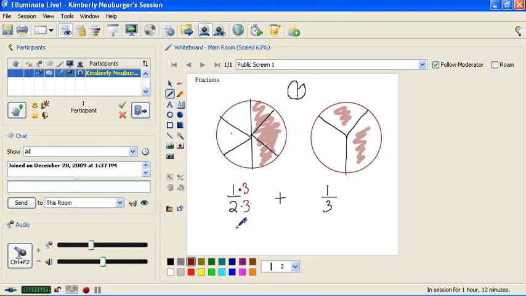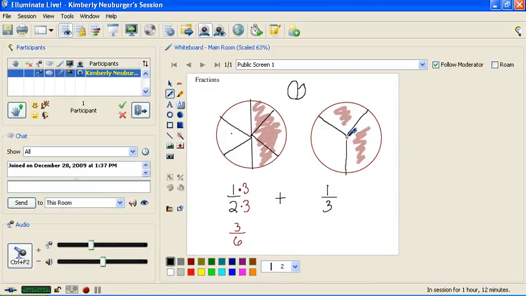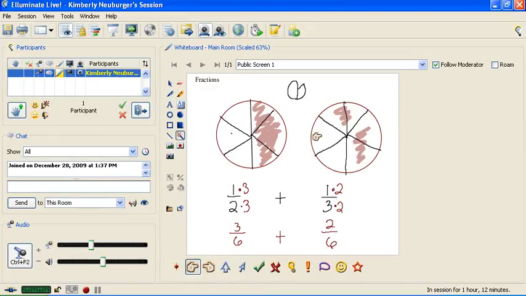That makes this fraction into 3 over 6. And if we look at our picture, notice now we have 1, 2, 3 pieces out of the 6 total. Now let's look at this other apple over here. To get 6 pieces over here, we have to divide each of these 3 pieces into 2 pieces. The equivalent in our fraction down here is multiplying the top and the bottom by 2. And that makes this fraction 2 over 6. And notice if we look at our picture, we have 1, 2 of the 6 pieces, which is the fraction